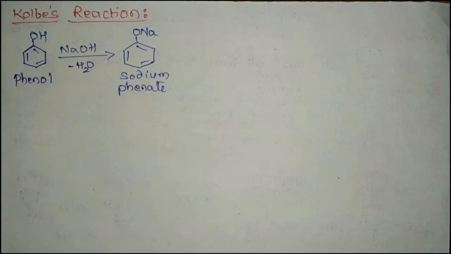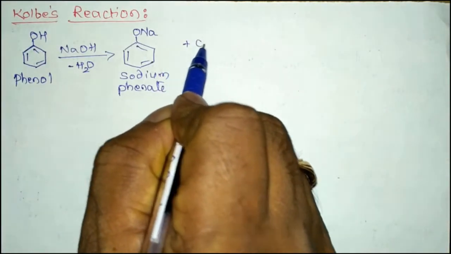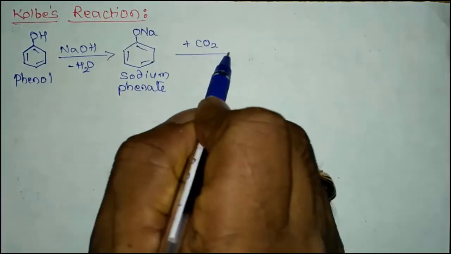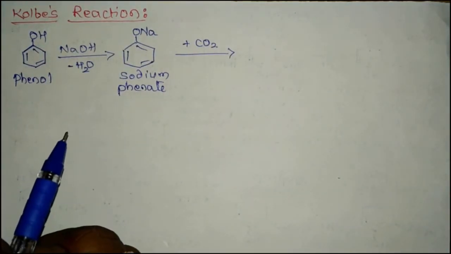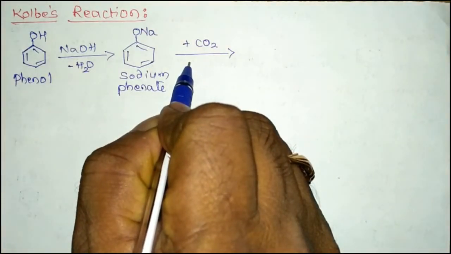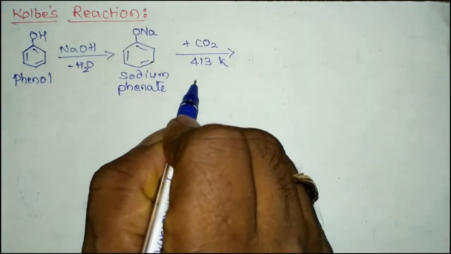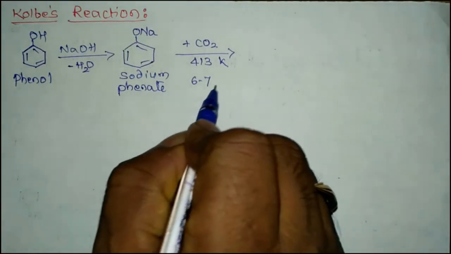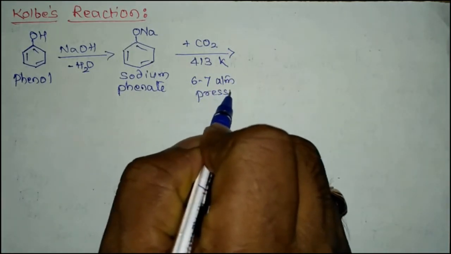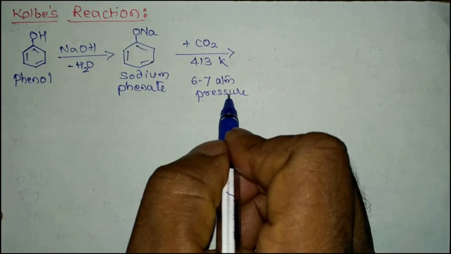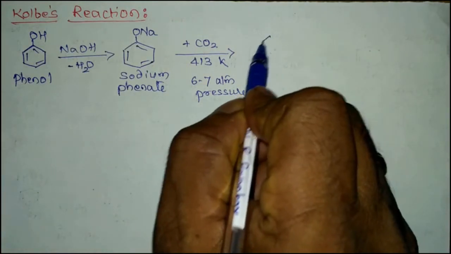Okay. Then this sodium phenate is heated with carbon dioxide gas at temperature 413 Kelvin under 6 to 7 atmospheric pressure. A sodium salt of salicylic acid is formed, that is sodium salicylate,